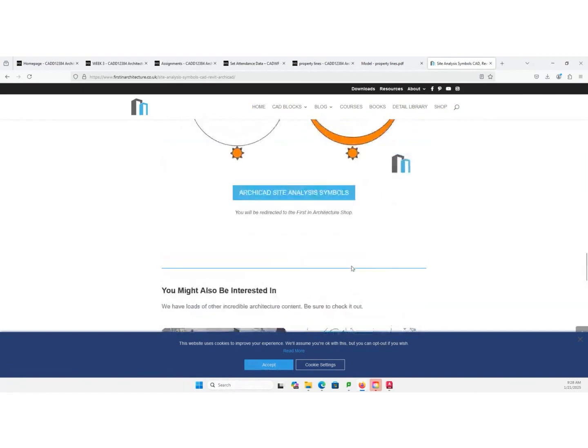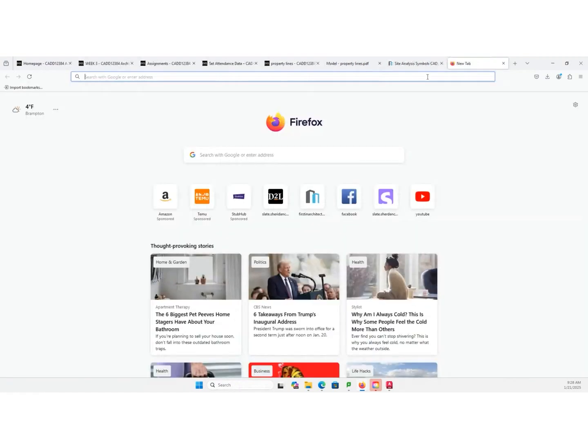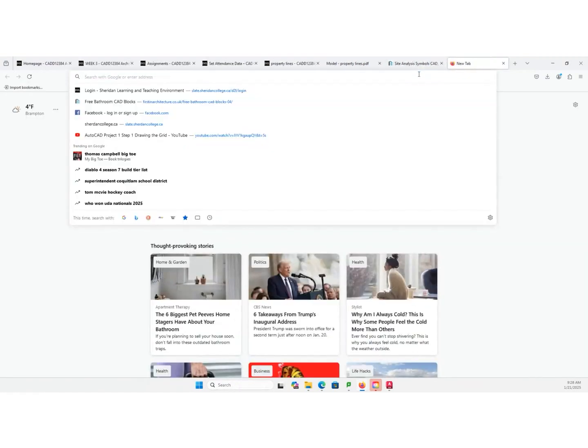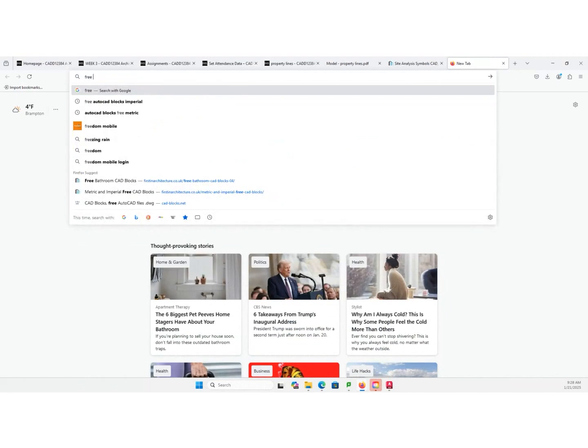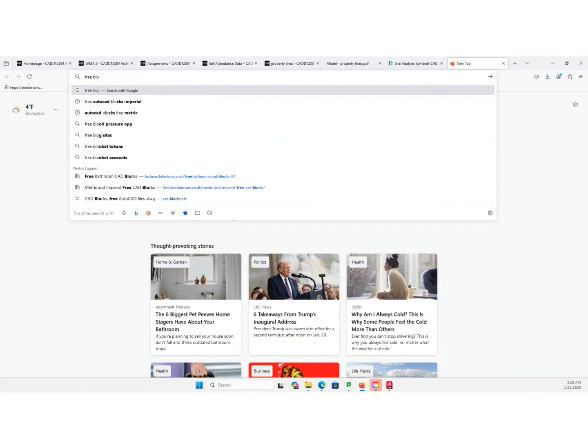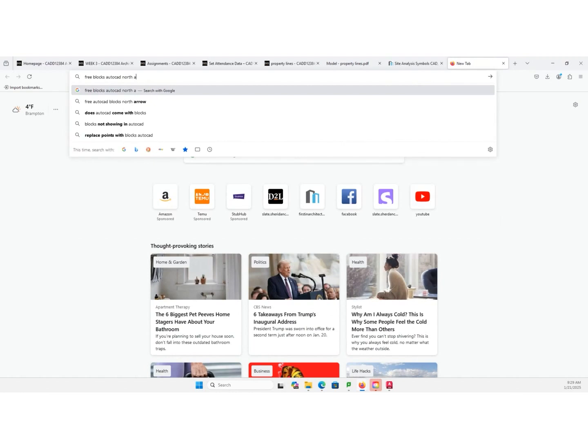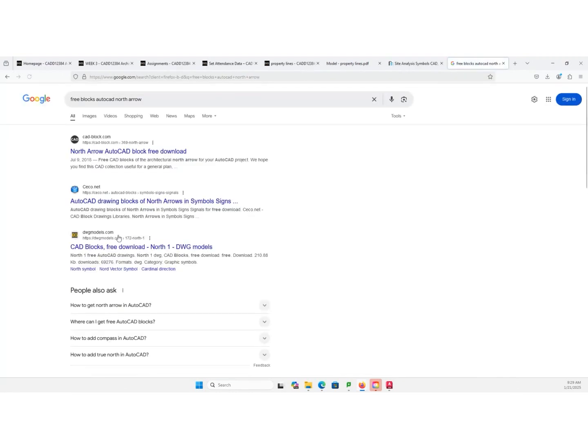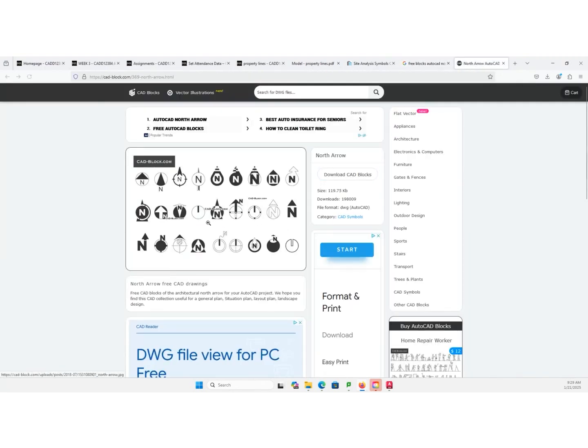So let's search for free AutoCAD blocks, north arrow. Let's look at cadblock.com. Here we go.